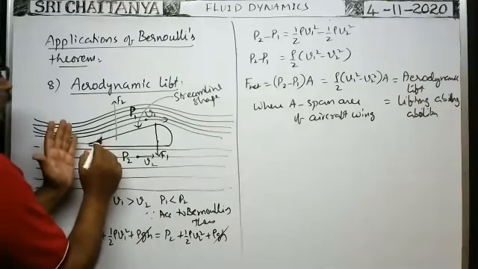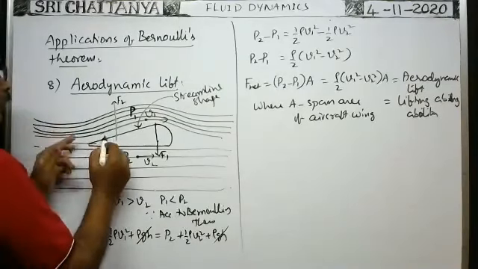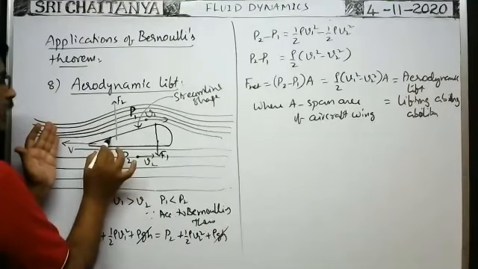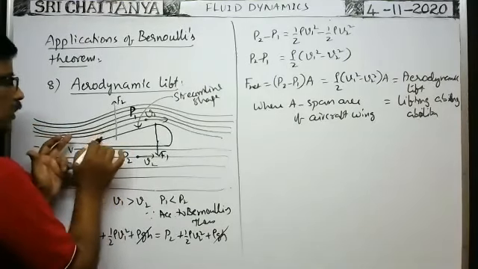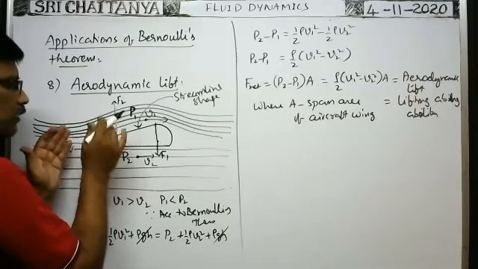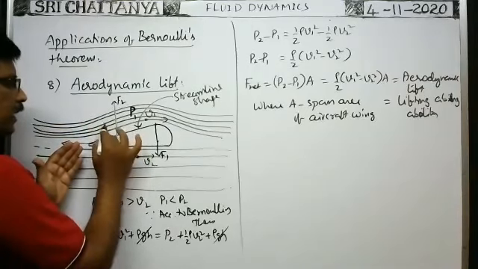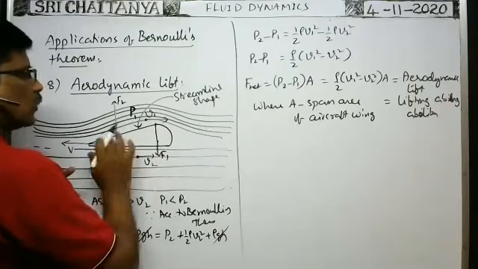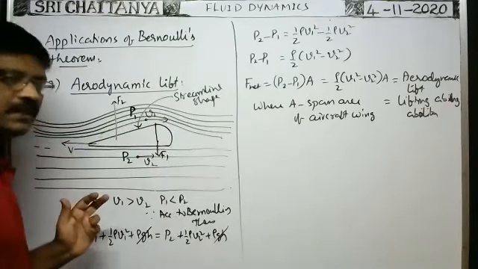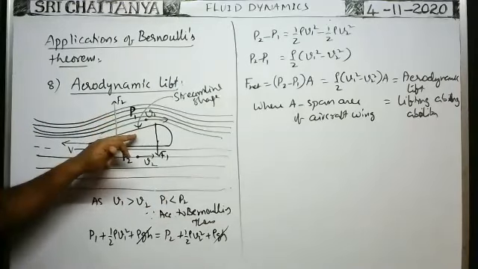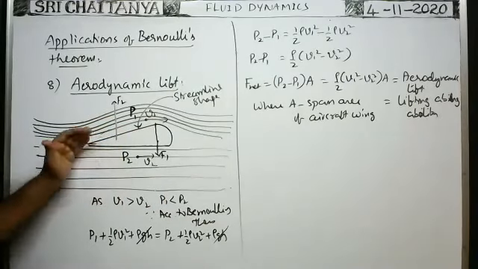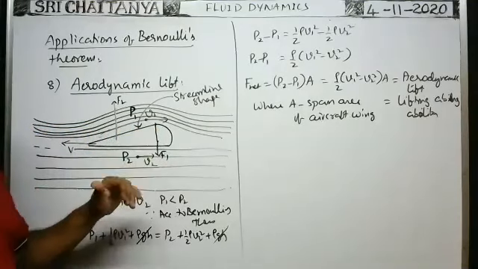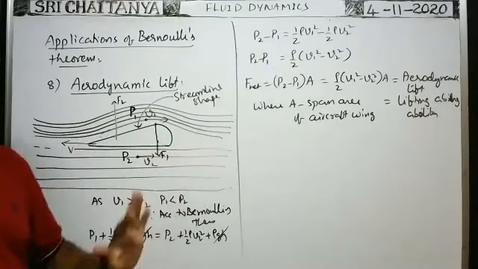In other words, because of this shape, whenever the air particles reach this position, the speed of the air particles in this direction will be reduced. Immediately pressure increases. When pressure increases, the air particles are pushed very quickly in this direction. So the velocity of the air particles increases over the surface of the aircraft wing. But at the bottom, there is no possibility to stop the velocity of the air particles. They will travel with normal speeds only.